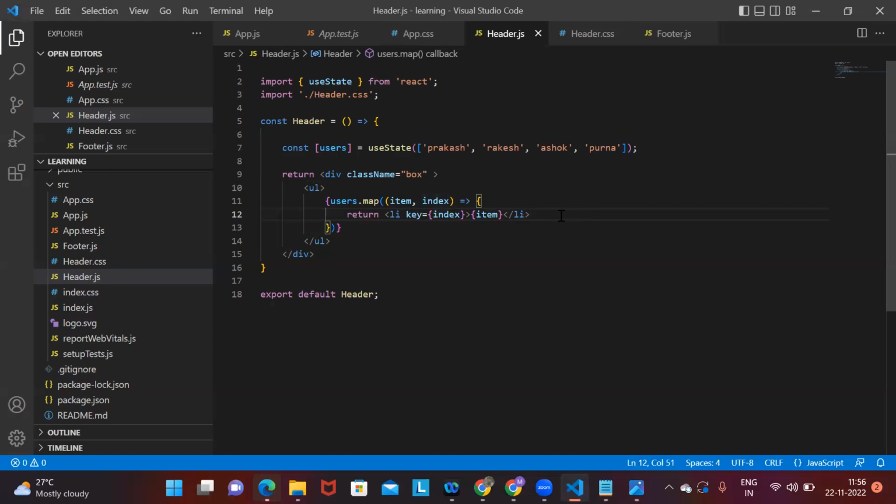Based on that we can update, create, or modify these items. So each item gets some identification based on the key value. These are the keys in React. So, if people understand how to show the array of items in list format, table format, and how to give the key value, if people understand,